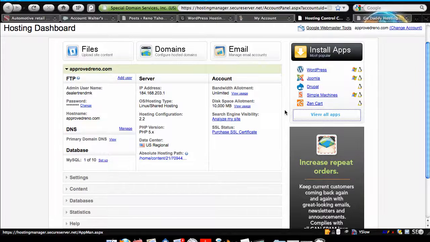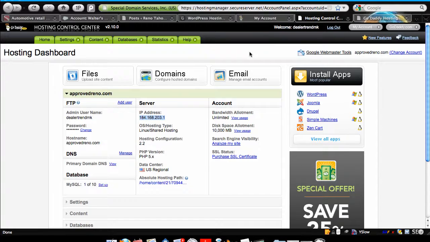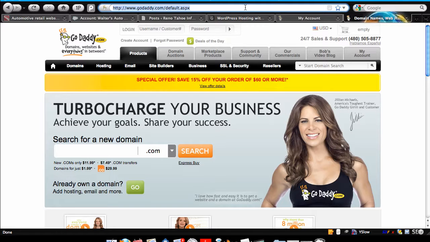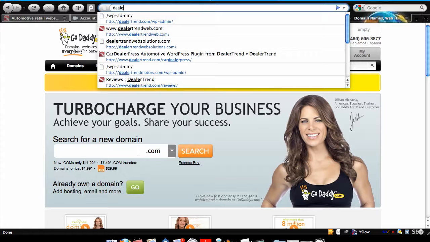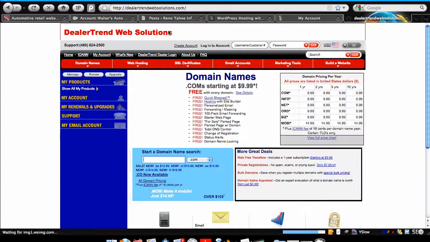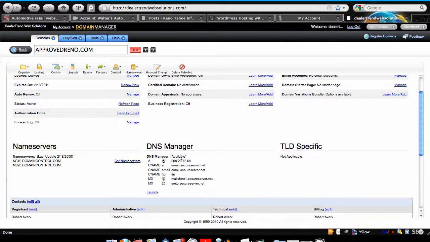So now that we have that, we want to point our domain to this IP address, the IP address on the hosting dashboard. Remember in the last video when we set up the hosting, I have my domain, this Approved Reno, in a different GoDaddy account. So I'm going to go to that account, and that's actually Dealer Trend Web Solutions. And this is the Dealer Trend reseller account for GoDaddy. And once I've done that, I'm going to choose my domain and go to that domain and skip past some things there. I've got a lot of domains in here. So now I'm managing the